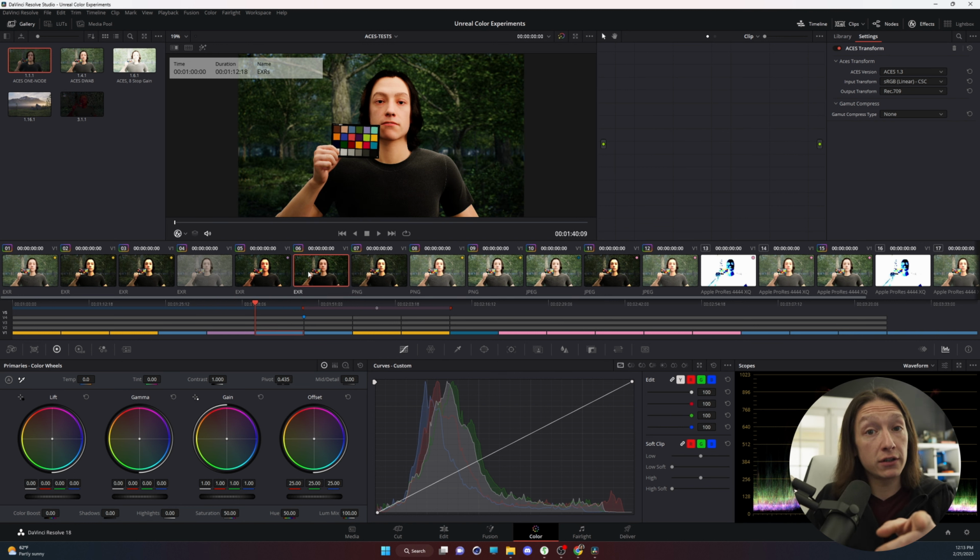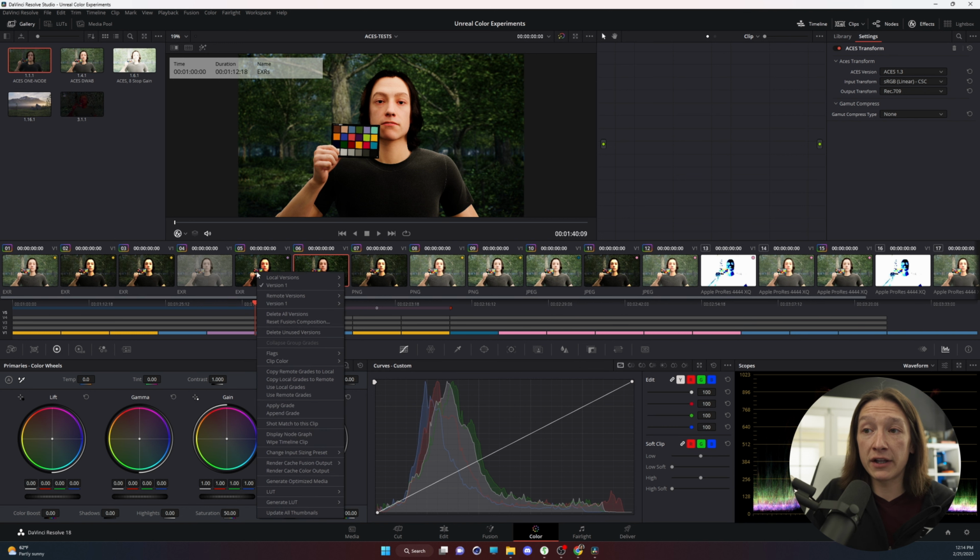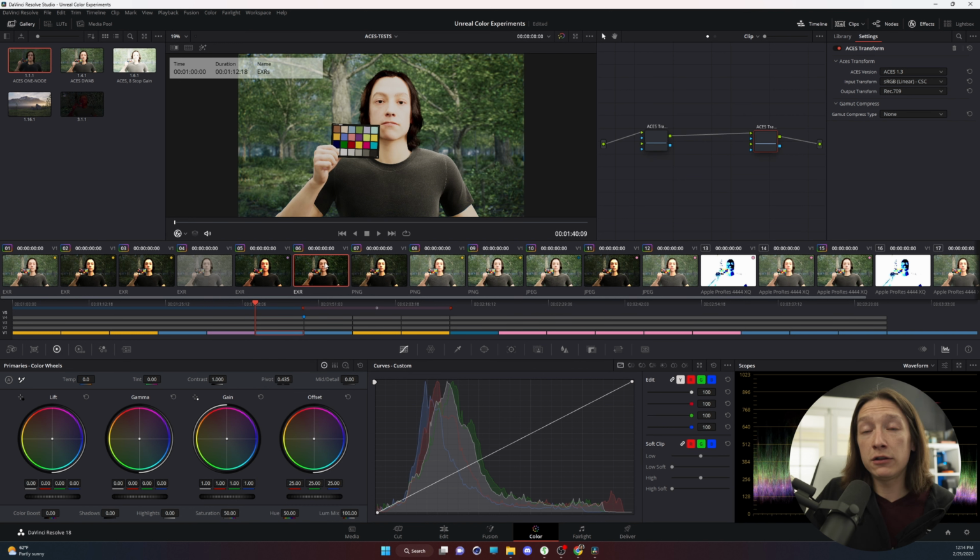Now what I want to do is look at this last one, which also looks like it's rendered in linear. However, we did not do any color output transforms, and we did not do any ACES things to it. It is just what Unreal set for the 16-bit EXRs. So if we were to try and get this out of this gross linear space, and we go to the previous clip here, and we right click and apply grade, which is just going to copy the same nodes from the last one, it looks like it's fixing it, but there's something weird happening,